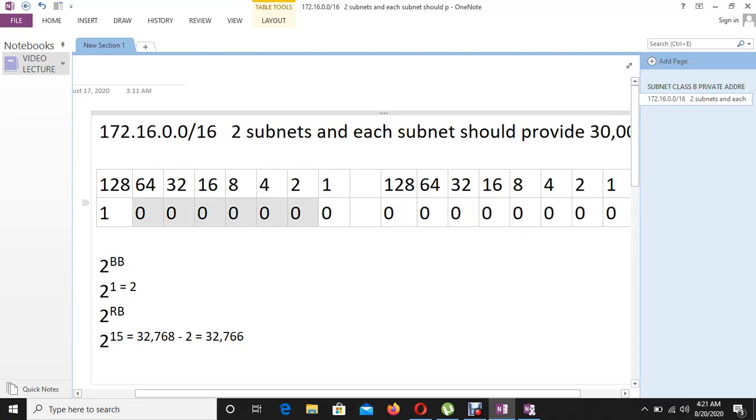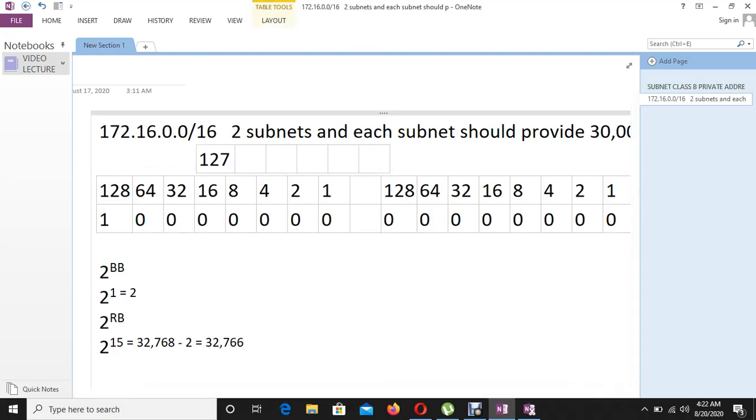Now here, not all of them are part of the host portion, but 7 of them are, and 1 bit is being borrowed as part of the network portion. So the sum of the bits that are remaining in this 3rd octet is what we have to pay attention to. Okay, now the sum of these bits together is 127. So we have to look at that. So the sum of the bits here is 127, and the sum of the bits here